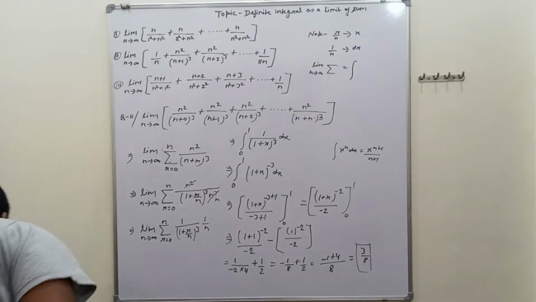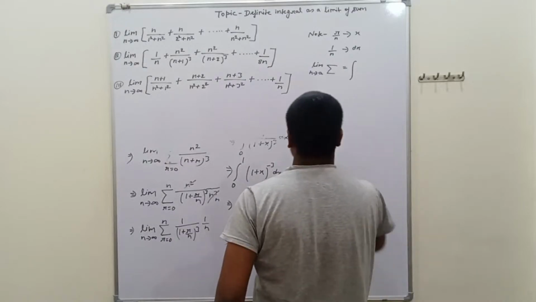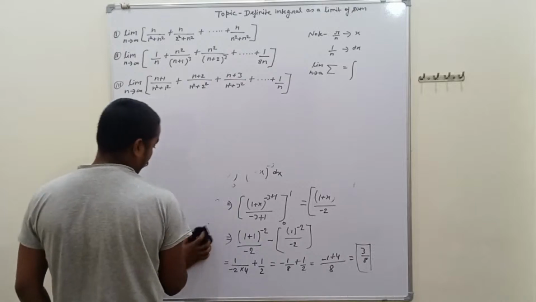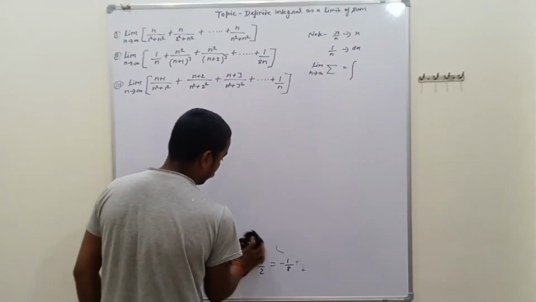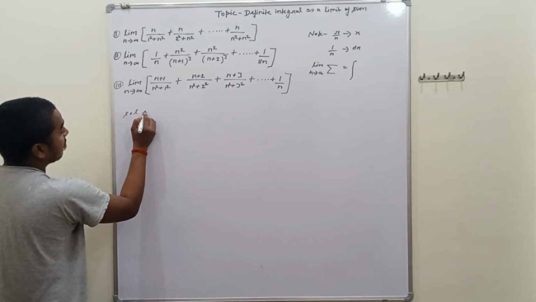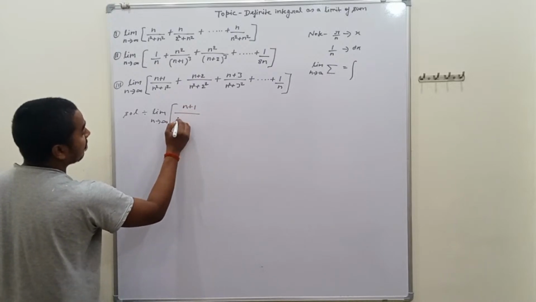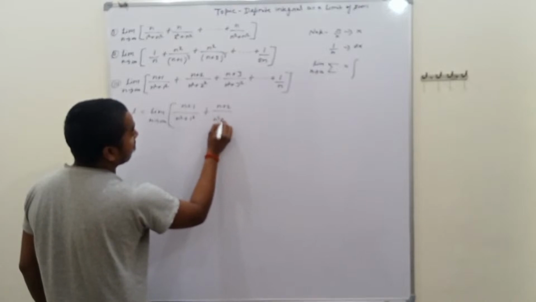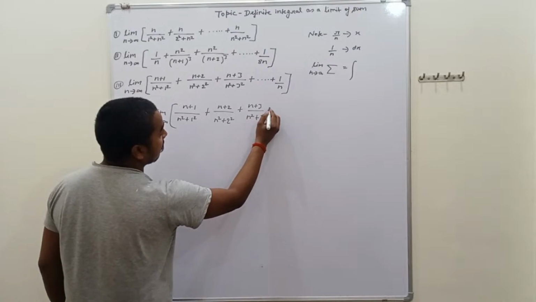We have to solve the third problem, that is, limit n tends to infinity of (n plus 1) upon (n square plus 1 square) plus (n plus 2) upon (n square plus 2 square) plus (n plus 3) upon (n square plus 3 square) plus dot dot dot plus